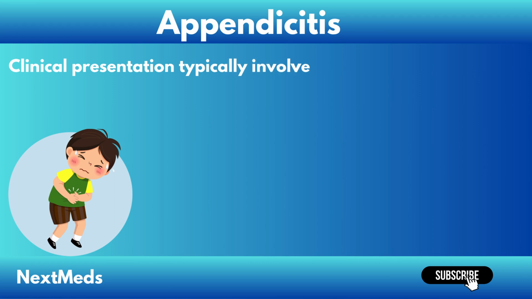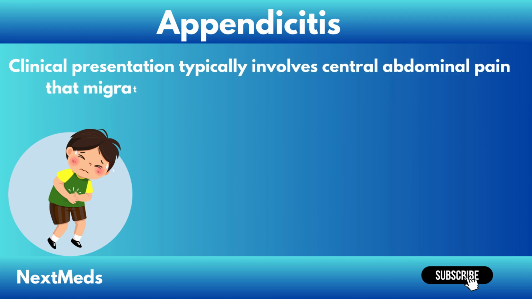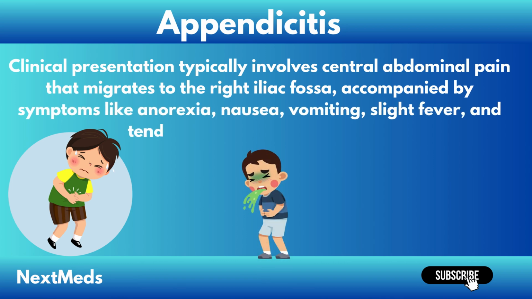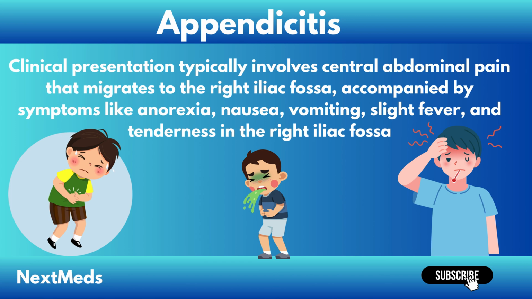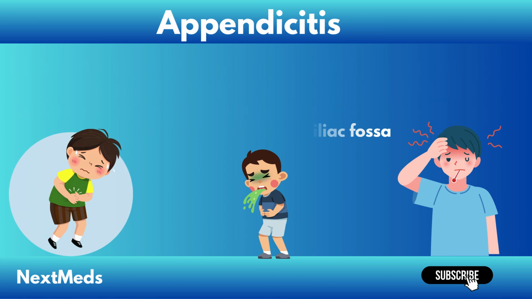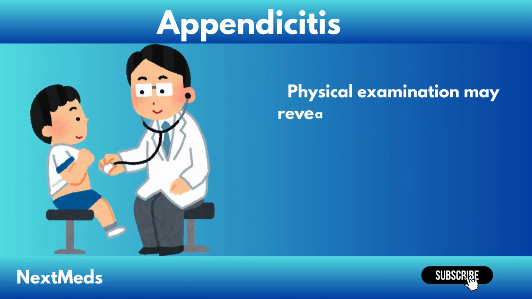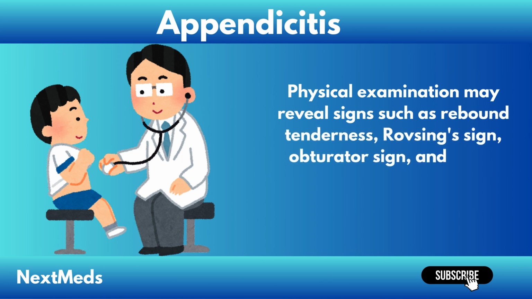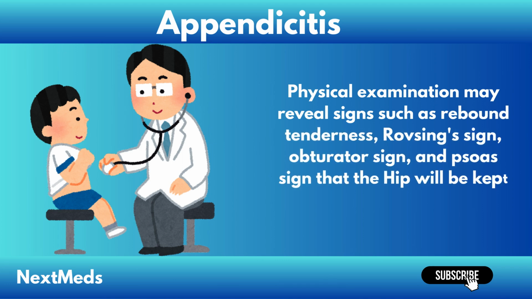Clinical presentation typically involves central abdominal pain that migrates to the right iliac fossa, accompanied by symptoms like anorexia, nausea, vomiting, slight fever, and tenderness in the right iliac fossa. Physical examination may reveal signs such as rebound tenderness, Rovsing sign, obturator sign, and psoas sign, where the hip will be